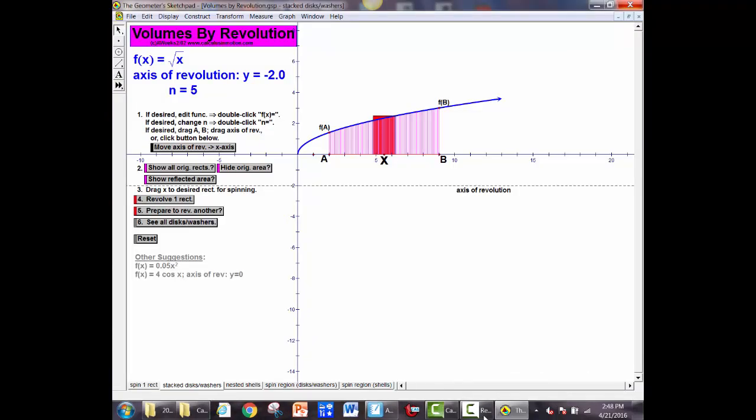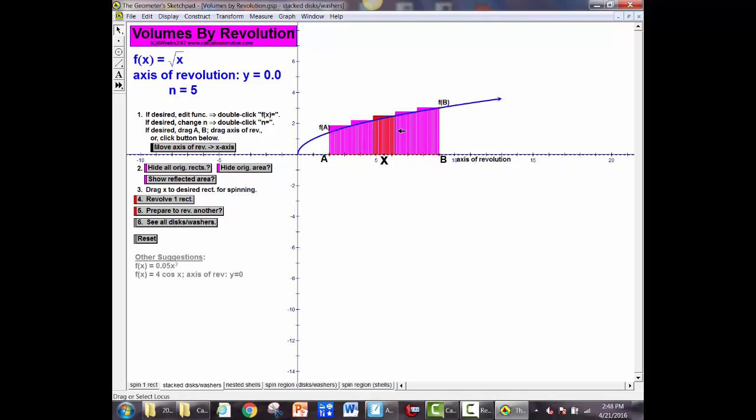Hold on. All right, so we have our function y equals the square root of x. We have the region bounded by y equals square root of x, the x-axis, the vertical line x equals a and the vertical line x equals b. Now this is the axis of rotation. I'm going to raise that up to be right on the x-axis. So we're basically going to rotate this flat region around one of its own borders. And when I do that,